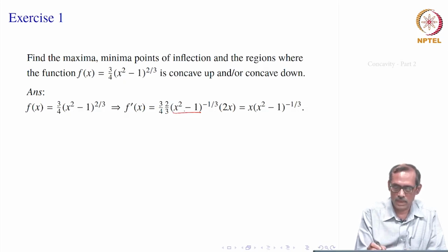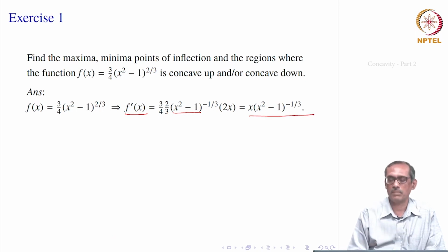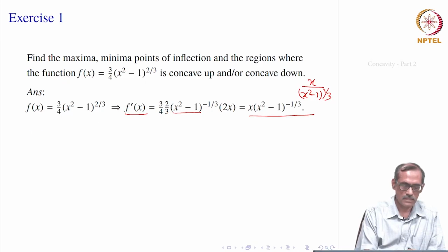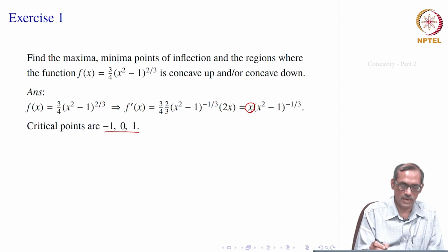But now leaving those points, we have f prime x is equal to x into (x square minus 1) to the power minus 1 by 3, or it looks like x divided by (x square minus 1) to the power 1 by 3. Okay. Now, the critical points are one is 0 when f prime x equal to 0, and the other 2 points are where f is not differentiable, that is at 1 and minus 1. So, we have critical points as minus 1, 0 and 1. At 0 it is differentiable, its f prime value is 0, and at the other 2 points the function is not differentiable.